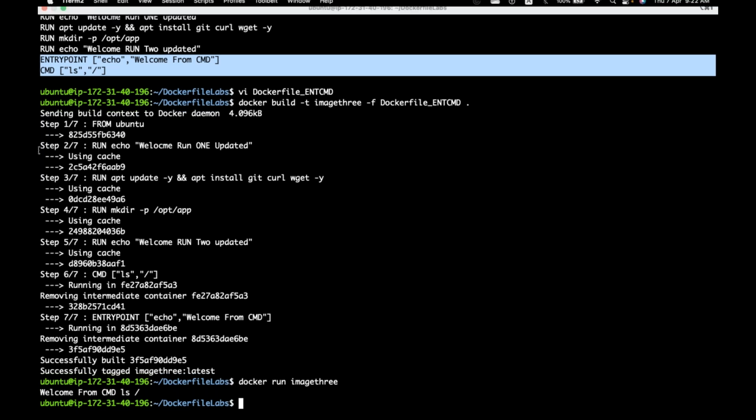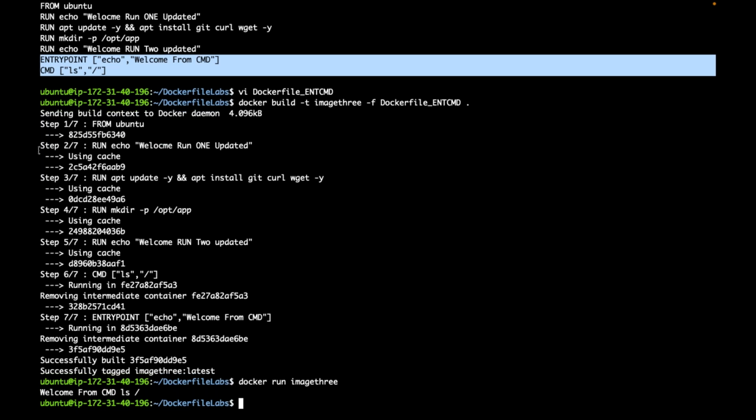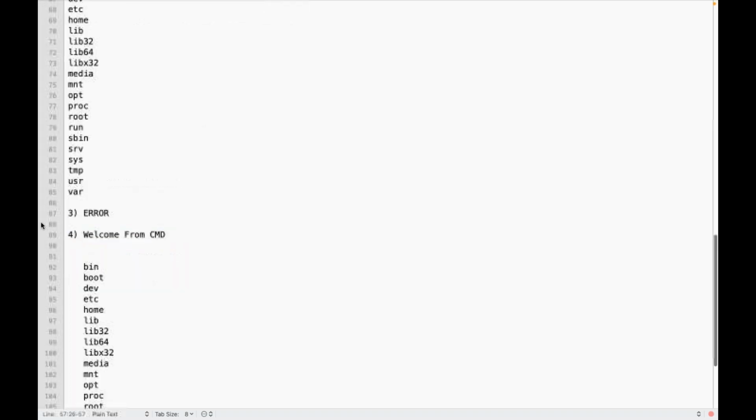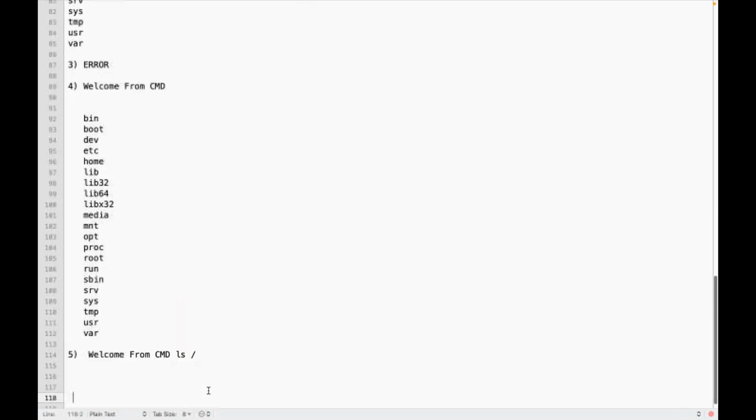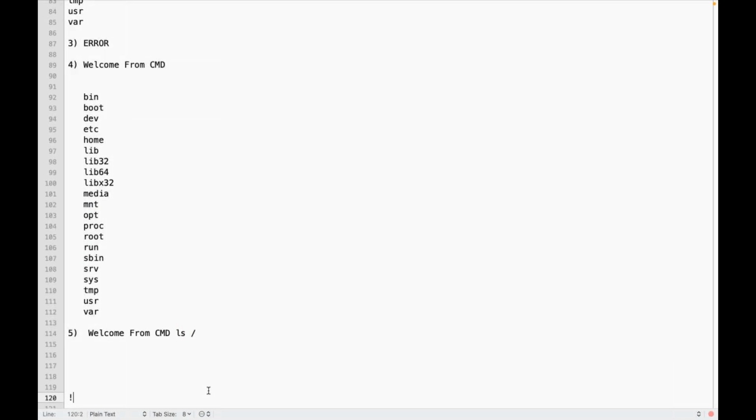Now, let me give one use case. Sir, in which scenarios can I use both like this? Let me give one use case. Always I want to execute the same command or script, but I should have an option to pass parameters, arguments